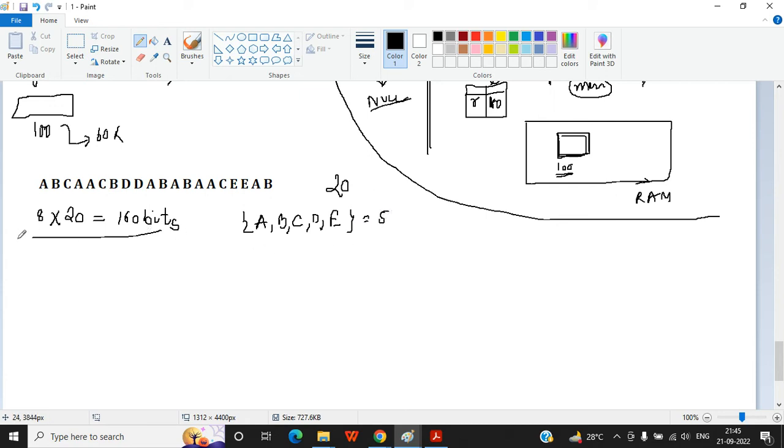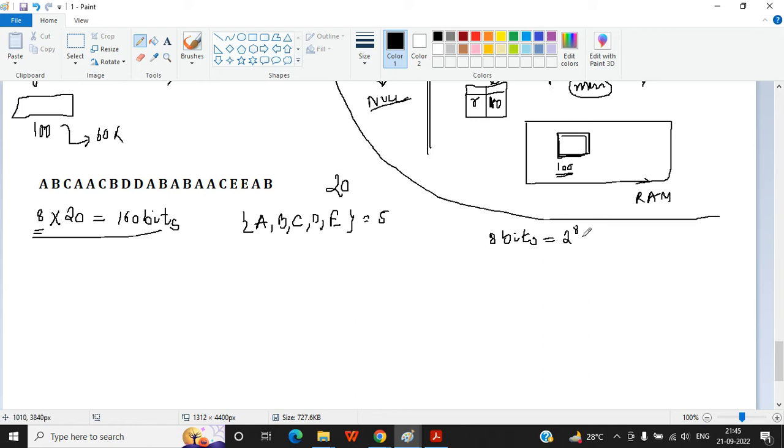But what are we taking? We are taking 8 bits to represent a character. Now with 8 bits, how many characters can you represent? The maximum number is 256, which is 2 to the power 8.